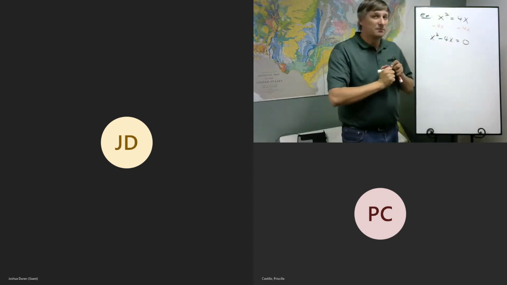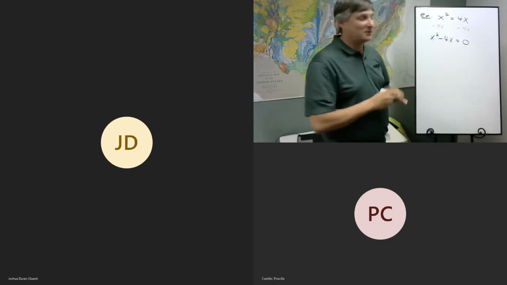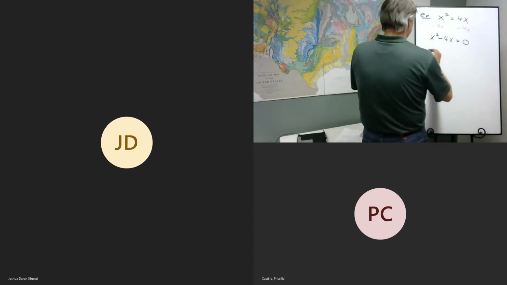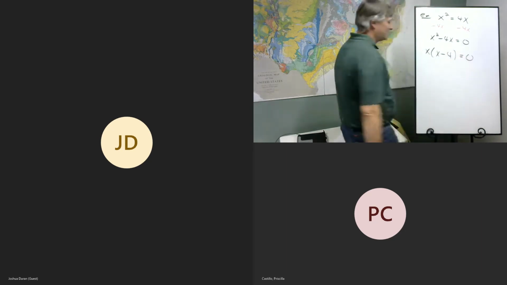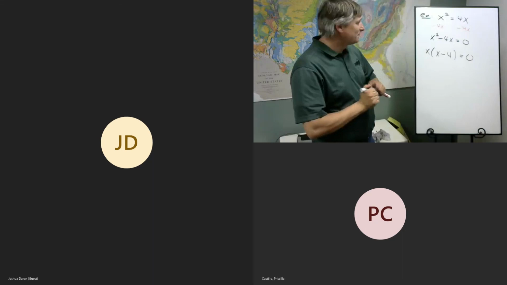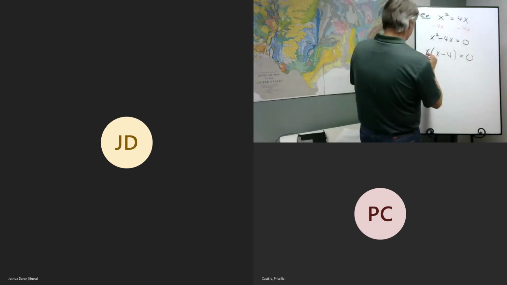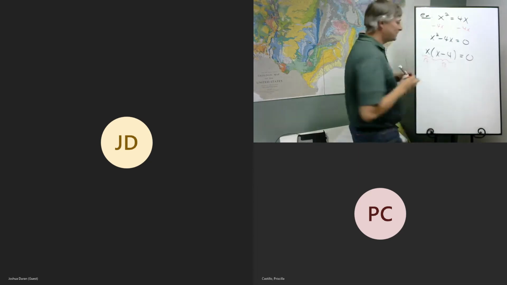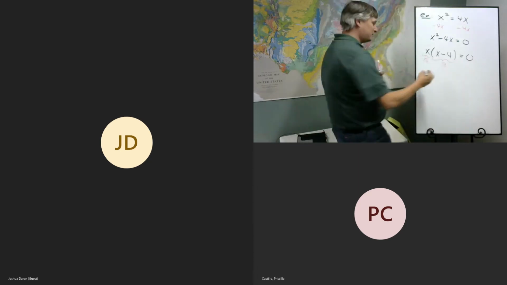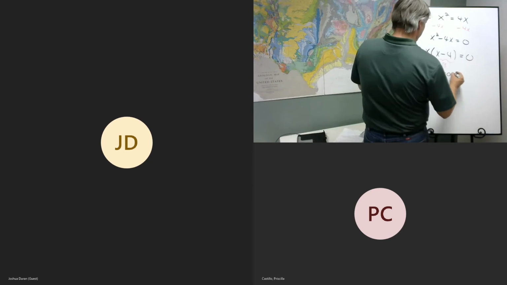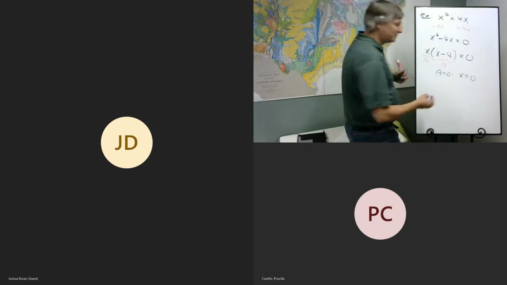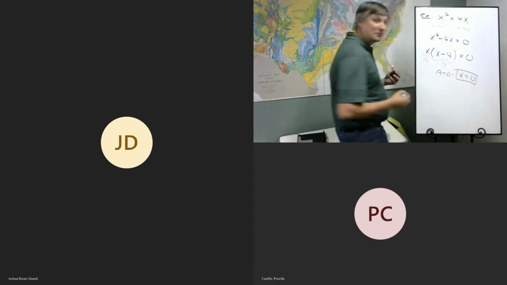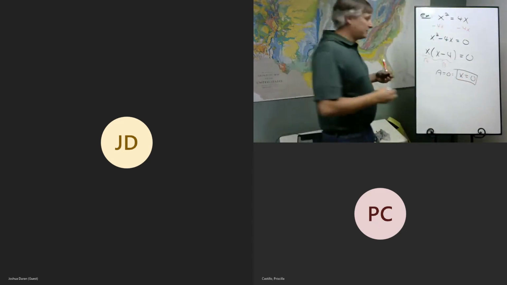Let's make this move first. Now factor out an x. And now we do our a and b. So this will be a, and this will be b. So for a equal to 0, well, that's just x equals 0. We're done. Well, that was easy. Not too bad. Now for b equals 0,